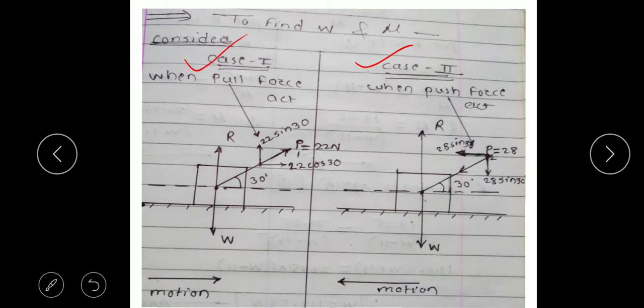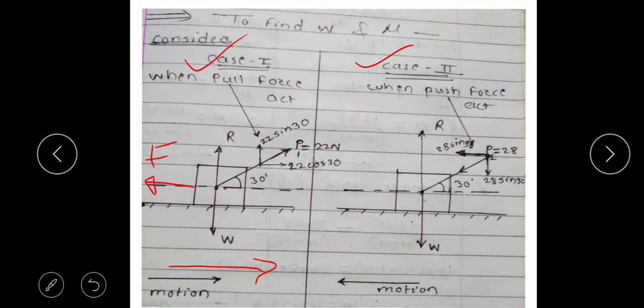So first we will see case 1, when the pull force acts. Draw the horizontal surface because type A is related, then put one block on it and apply the P force, which makes a 30-degree angle with the horizontal. Again the W will be the same, R will be in the upward direction, and just due to the motion of the body the frictional force F will generate. And F is nothing but mu into R. Now the motion is in this direction, you can see, because the force type is pull.